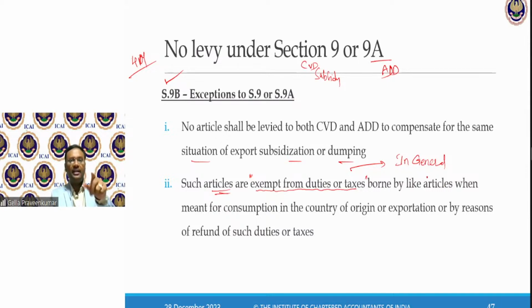In case of dumping, if the goods which are domestically procured to manufacture the goods which are exported to India, then there is a subsidy. In general, if there is an exemption notification, any goods which are procured for manufacture of so-and-so commodity which is exported, they don't say anything specific. I can import, I can procure locally, I can manufacture, and I export. Then I cannot levy anti-dumping duty, I cannot levy countervailing duty.